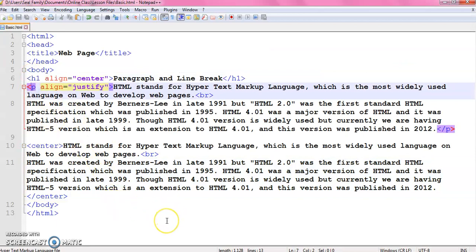So whenever you want to put any other element centrally in your web page, you can also use this center tag. So this is all about the paragraph and line break tag.